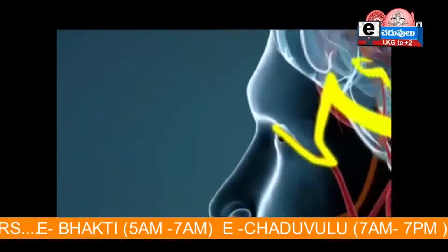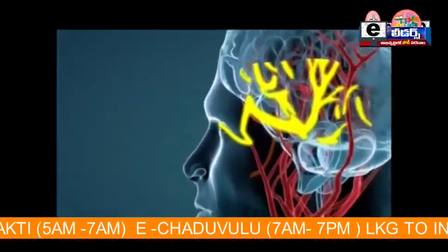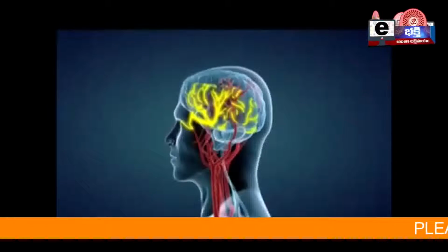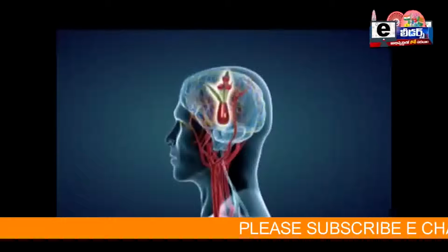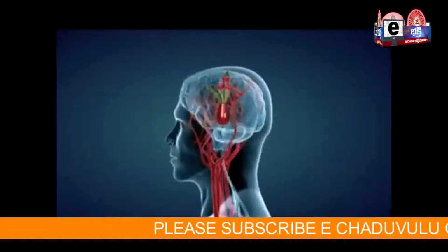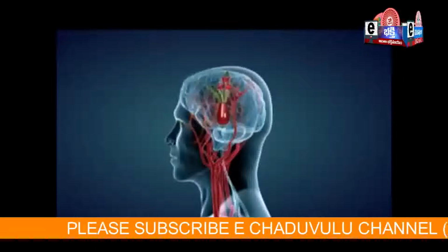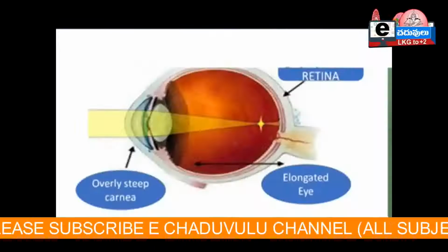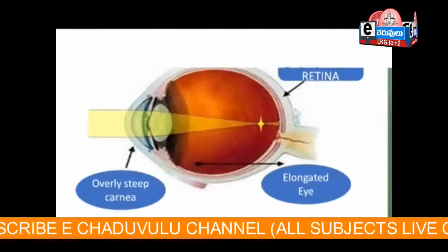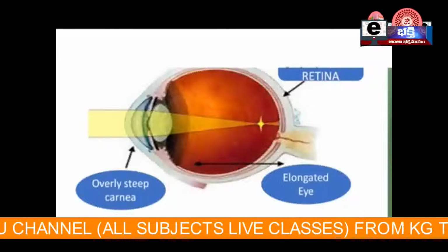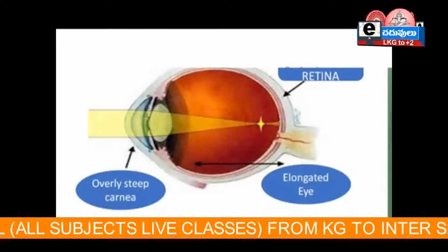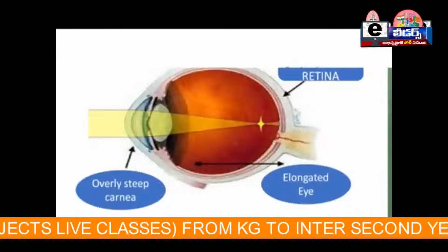The image formed by the eye lens is a real inverted image of the object, and it strikes the retina. The light sensitive part in the retina converts the light into electrical signals and they are sent to the brain. The brain converts these electrical signals into images that we can see. Due to lack of accommodation, an overly steepened cornea and an elongated eyeball, some defects may arise in the vision.